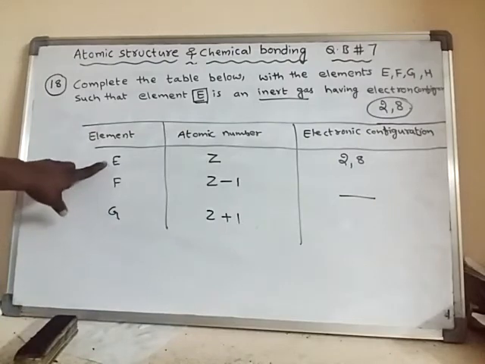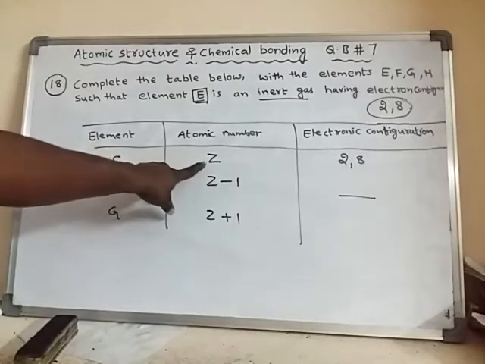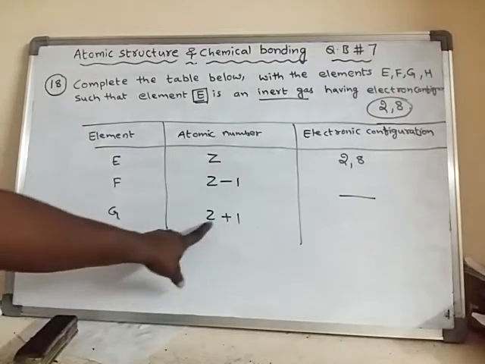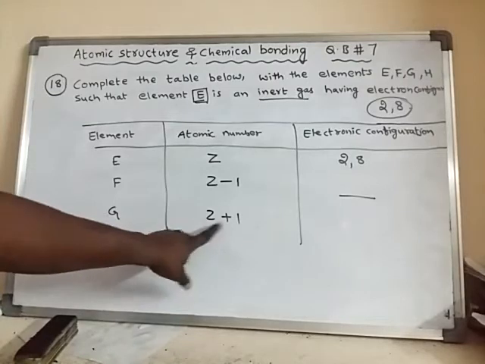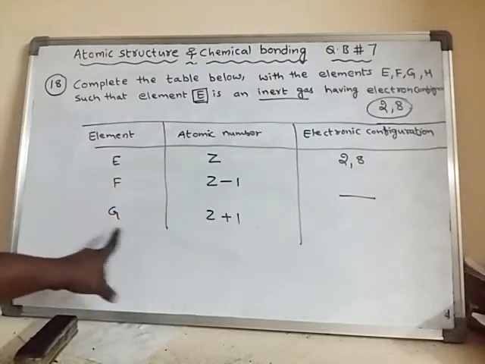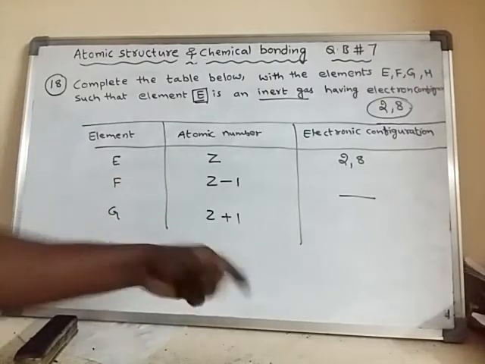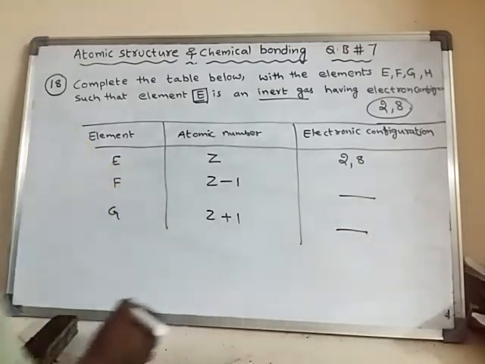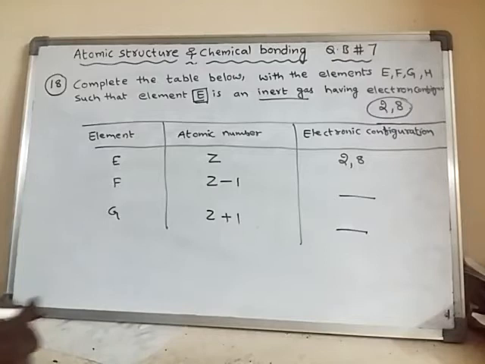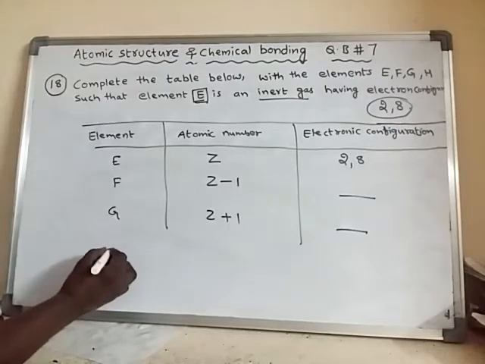That means if E's atomic number is 10, then G's atomic number will be 10 plus 1, that means 11. Okay, so like that, if Z is equal to 10, then Z plus 1 will be equal to 11. And here also we have to write the electronic configuration, we have to fill,